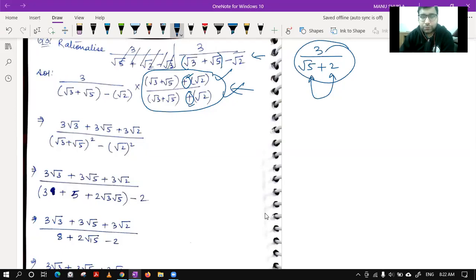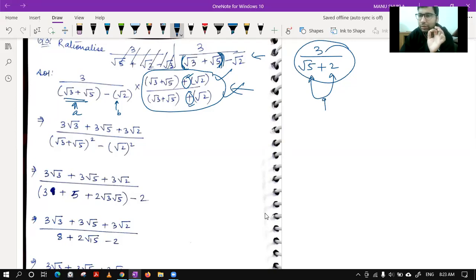Okay, so what I was saying. We have dealt with two numbers at a time. That is why we have to make two numbers here also. So we have three numbers. I have assumed this root 3 plus root 5 as one number. You can change the group also. You can take root 3 and minus root 2 also as one number. That is fine. So this is the first step. I have taken this as one number, suppose A, and this as B. We all know to rationalize a minus b in the denominator, we have to multiply with, class, please confirm.